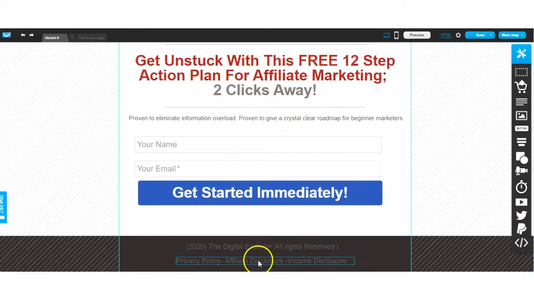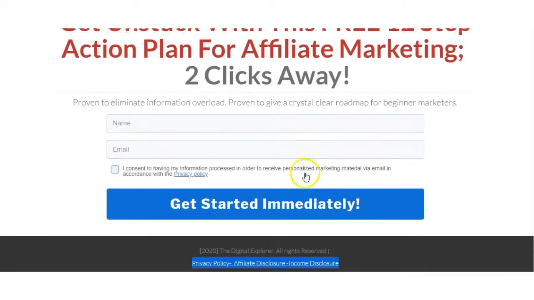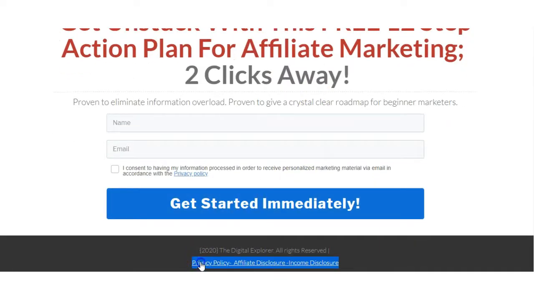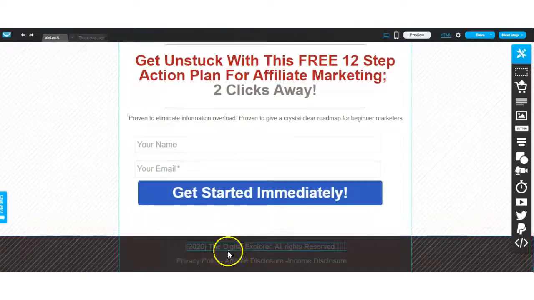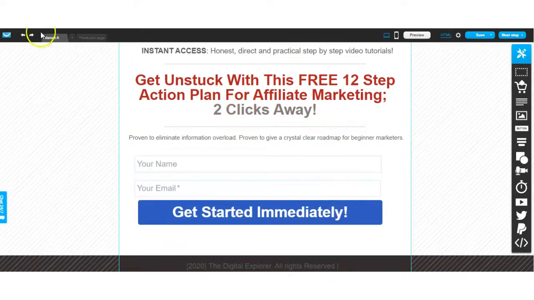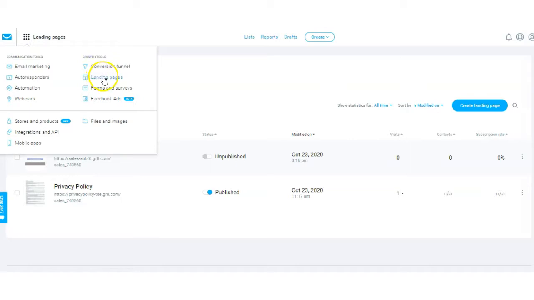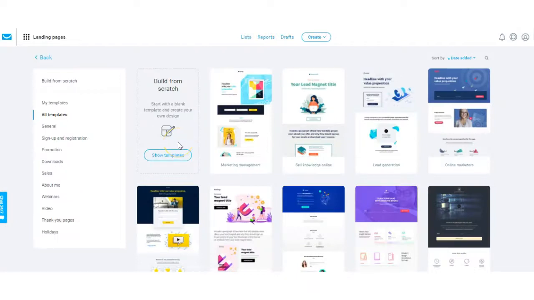It's really important that we have 3 pages set up, or disclosure pages. Just like on my landing page, we can click on one of them and it'll automatically open onto the page for the policies. All you have to do is set up 3 separate pages for your disclosures, the exact same way as you set this landing page up. You go back into the landing pages section and you create a new landing page 3 times. Follow the same process again, build it from scratch, exit everything out of it,